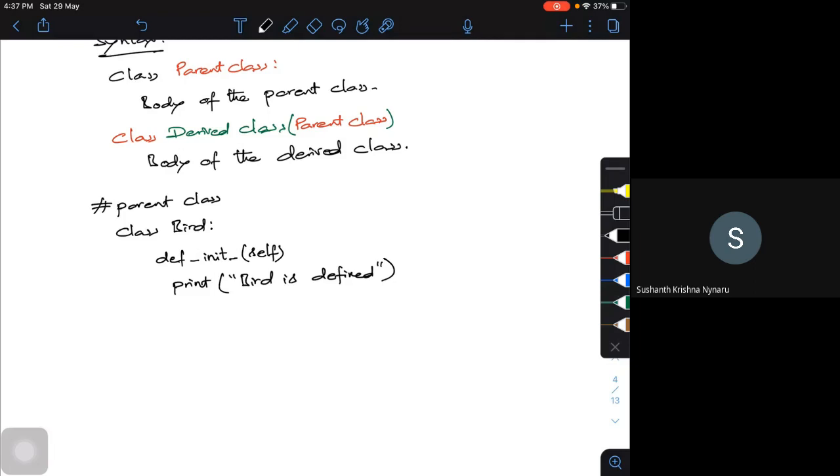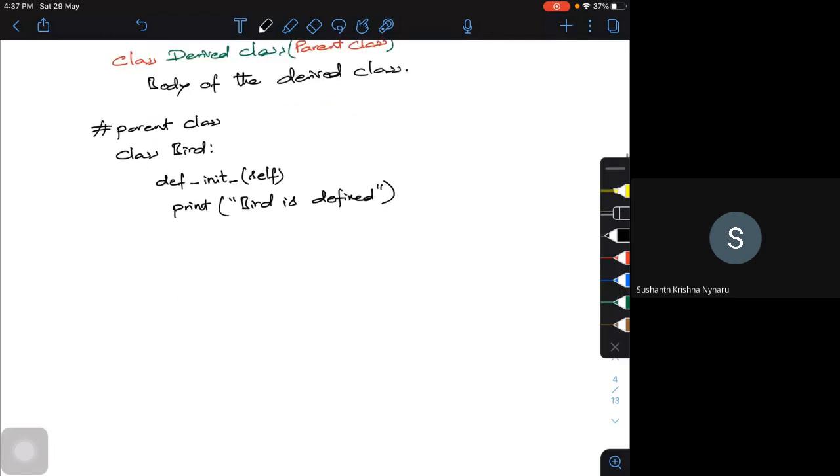Now I'm going to create one more inheritance, one more derived class, which I'm going to call penguin. Let me define what it can do. So definition, let me call it swim.